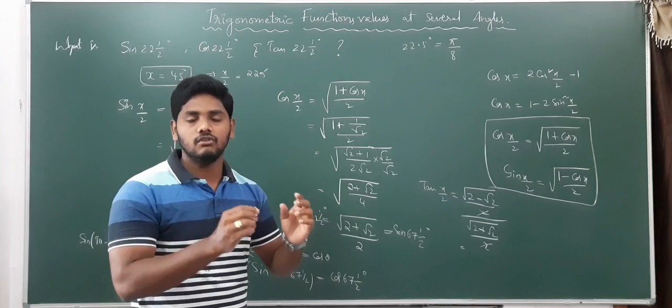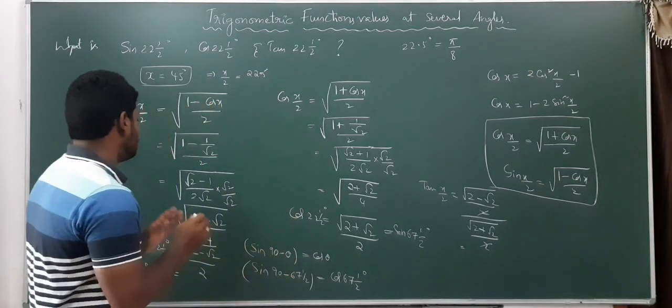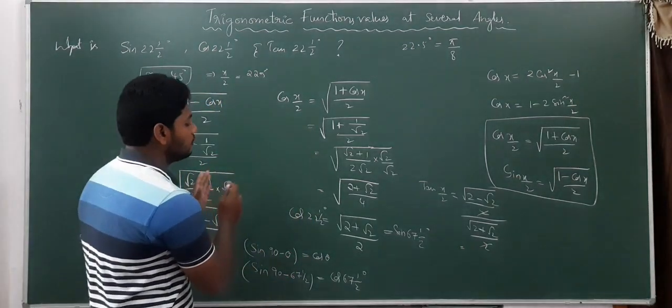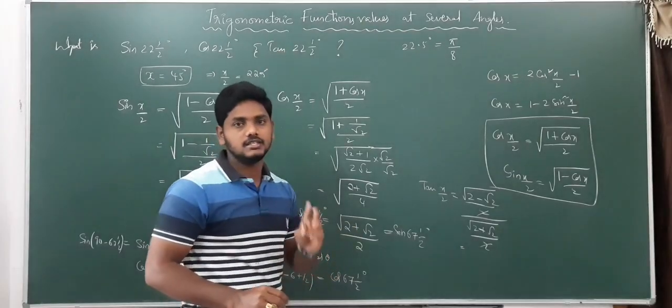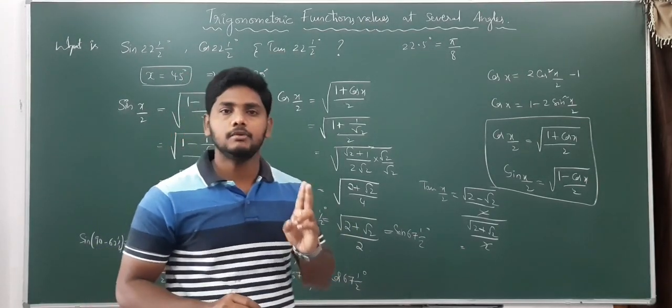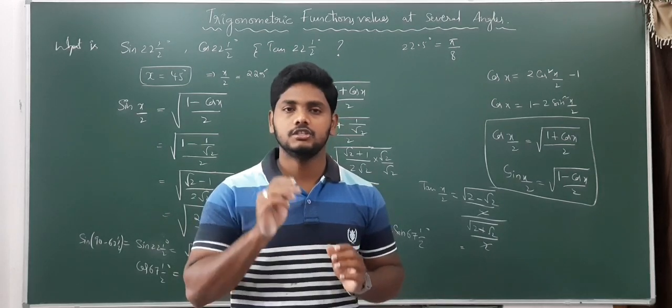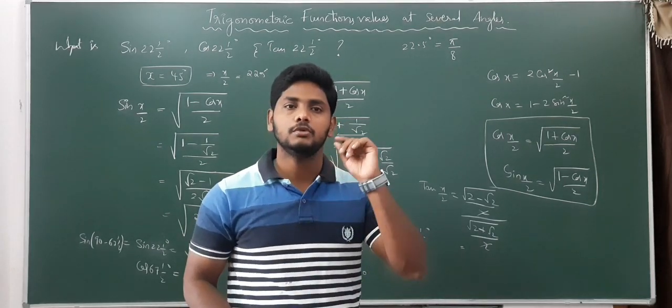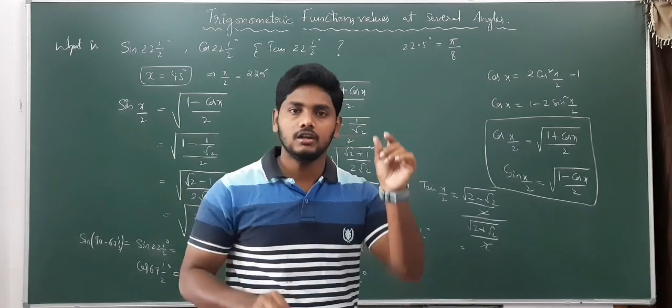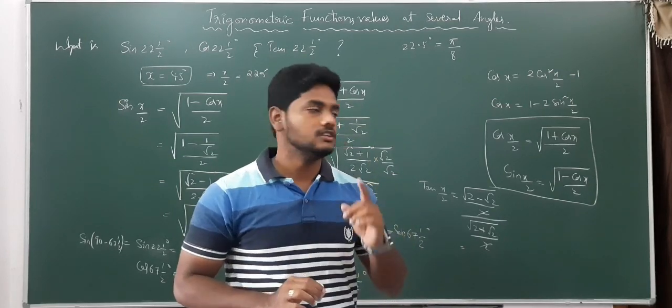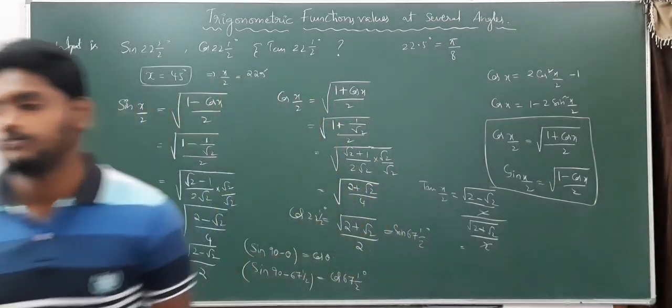degrees. Nothing but 12 values you will get if you know these two, sin 22.5 and cos 22.5 degrees. If you know those two, you can find 12 trigonometric ratio values. So which is about 22.5 degrees and again both 67.5 degrees, all 6 trigonometric function values. So pause the video to note it down.